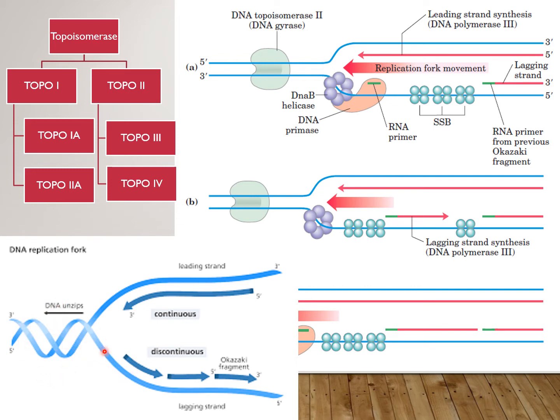So when helicase is trying to unwind the DNA strands, these strands are actually experiencing pressure because of the movement of helicase, and this positive pressure is created on the DNA because of the unwinding by helicase. Because this is a circular DNA and there is no opening further, there is a possibility of creating knots further.